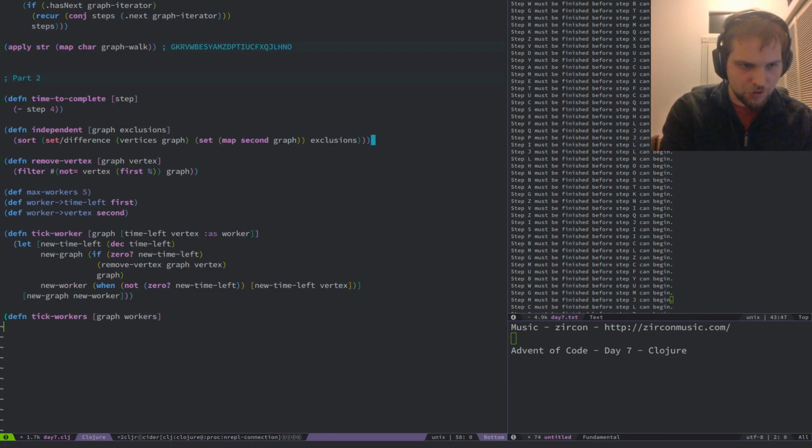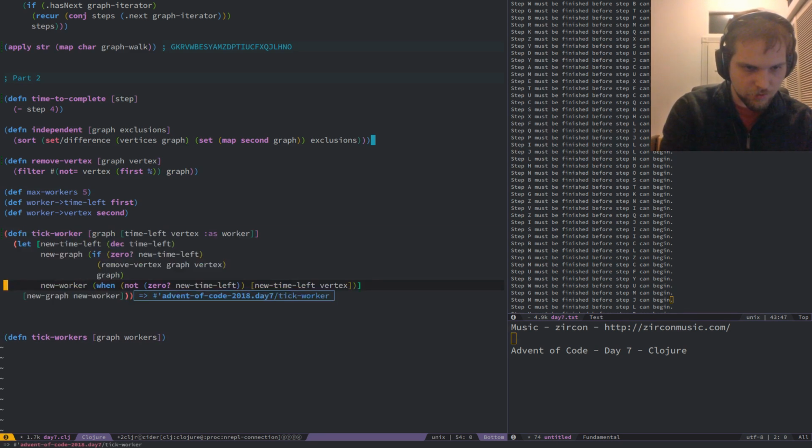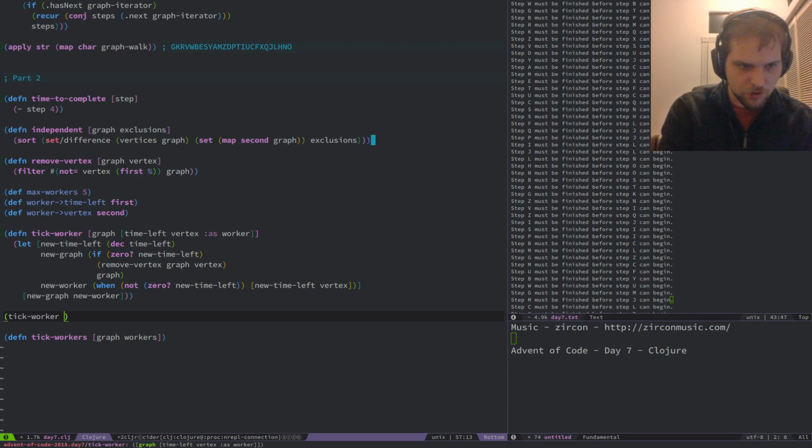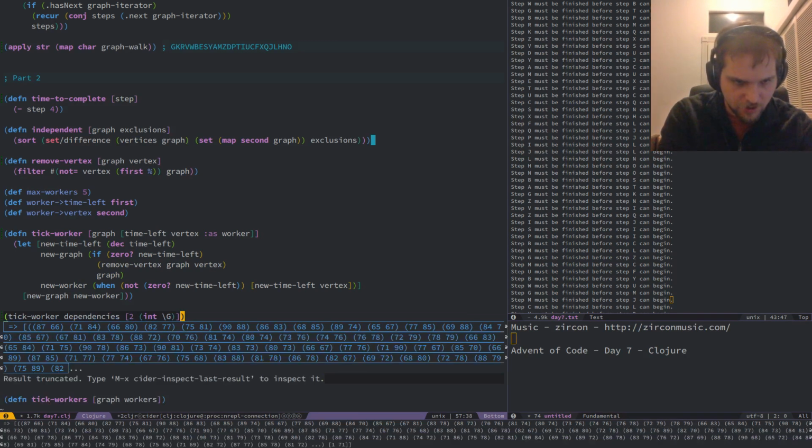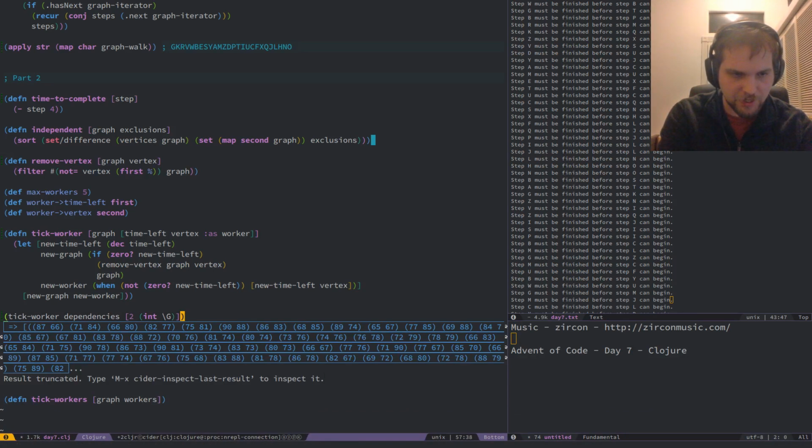So let's try this out with our tick worker dependencies. We've got 2 seconds left on the clock for this vertex. What do we get? I still see 71 in there. Okay.